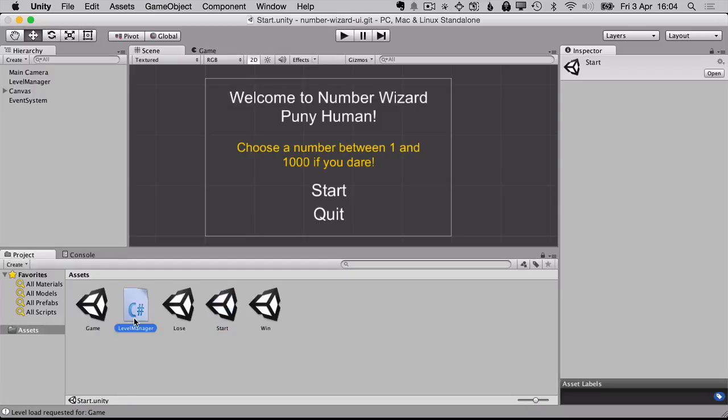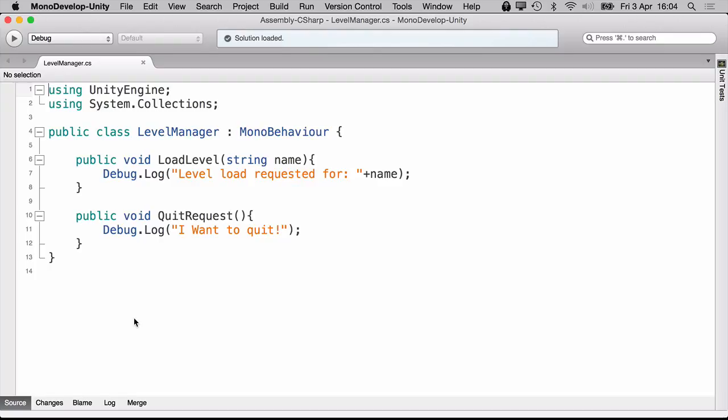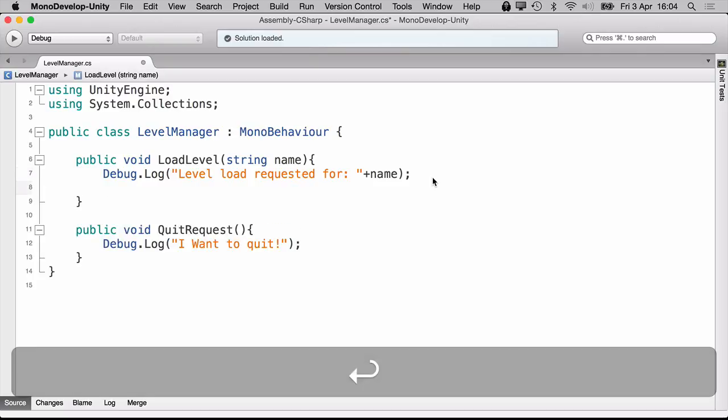And we already have a level manager that gets called whenever we actually press the button, and the only thing it does right now is to log something, right? And we've got it loading a request for a game. And we said that the thing we want to do is to turn the click on the start button, instead of logging, into actually doing something. Well, how do we do that? Well, we can just use the